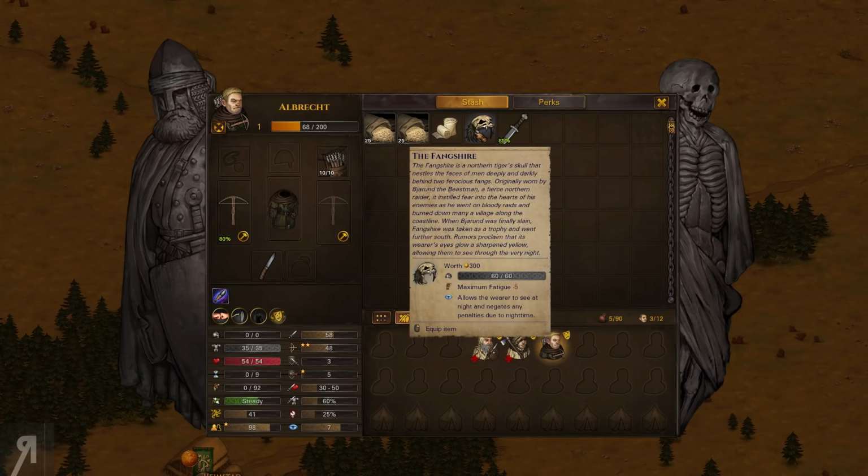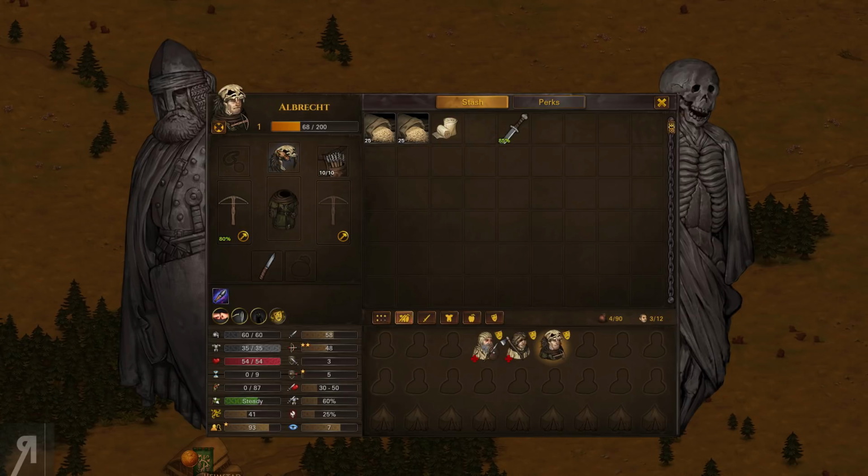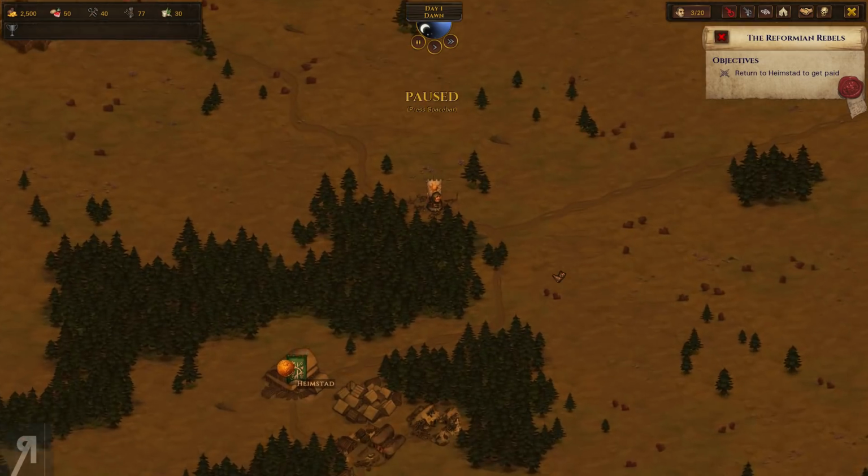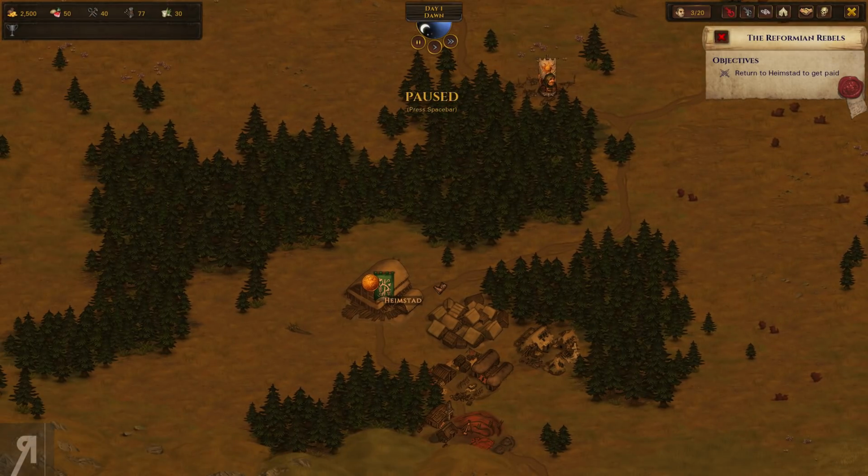Should I even bother giving Albrecht this? Because it's... I guess so. He is one of our named characters, so it might make sense. Alright, so we can return to Heimstatt, which is actually